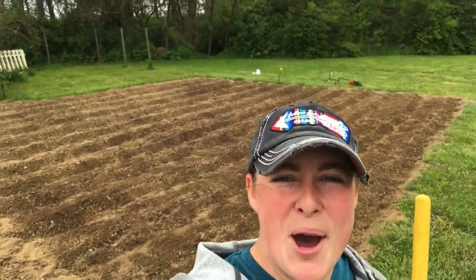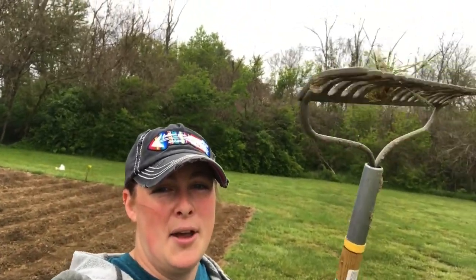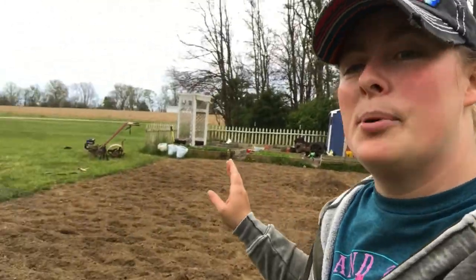The corn's done. We got it all in. You guys can see, look at them pretty rows. Look at them. I'm pretty proud of them. So there's the corn. We went ahead and we did rake up the soil because while corn doesn't have to be mounded, it seems like it certainly appreciates it. So we do mound our corn,